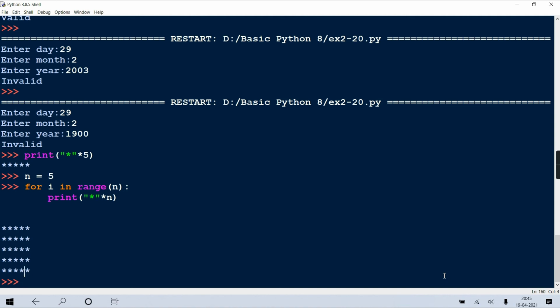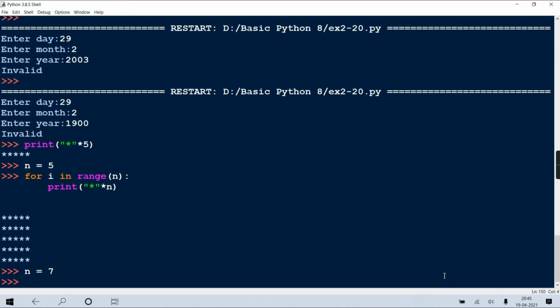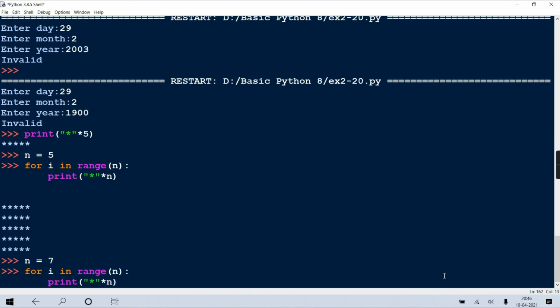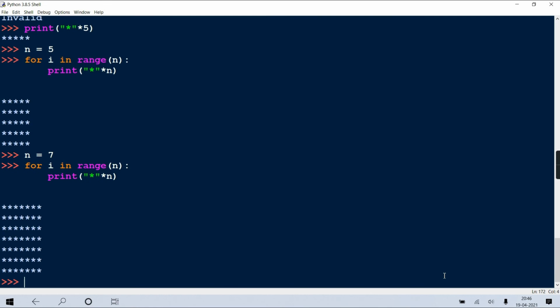The logic. Yes. Later if I change it, now here I am hardcode initializing it, but you people can accept it from the keyboard and do it. See, as I've made n as 7, the loop is the same, but it will print 7 by 7 stars.